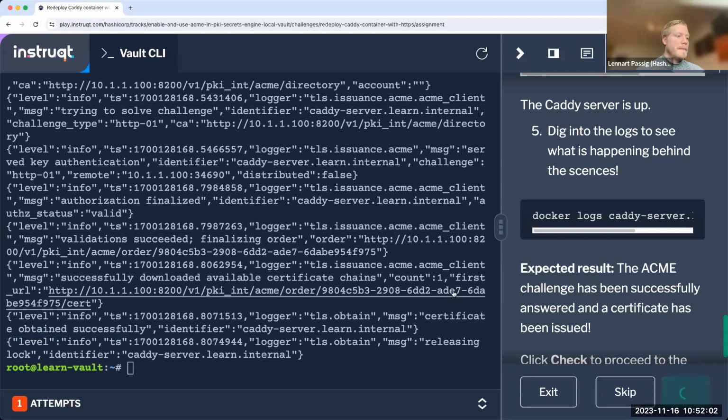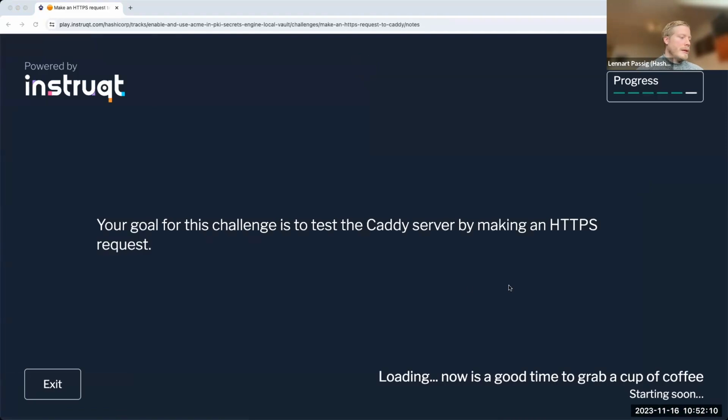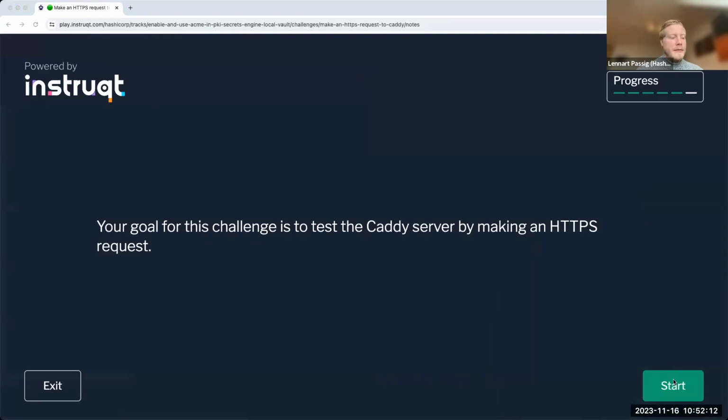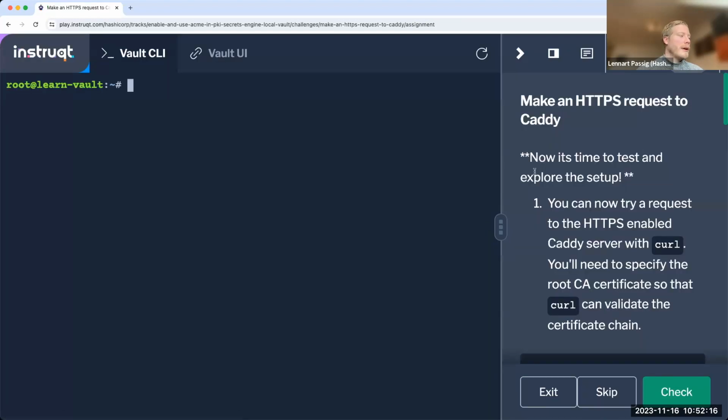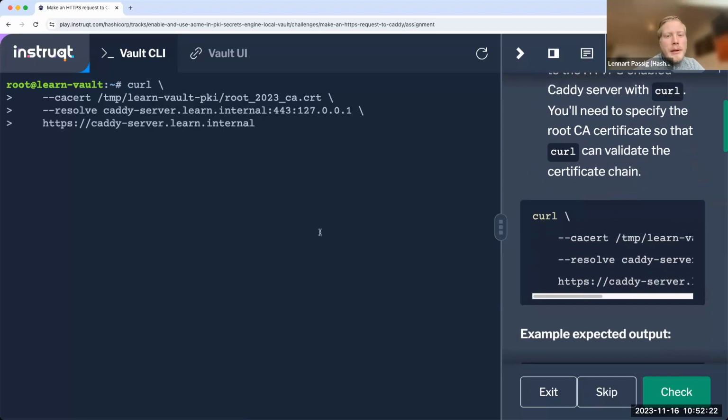And let's go ahead and do our curl again. So for the last thing in this session, what we will do now is test with curl.